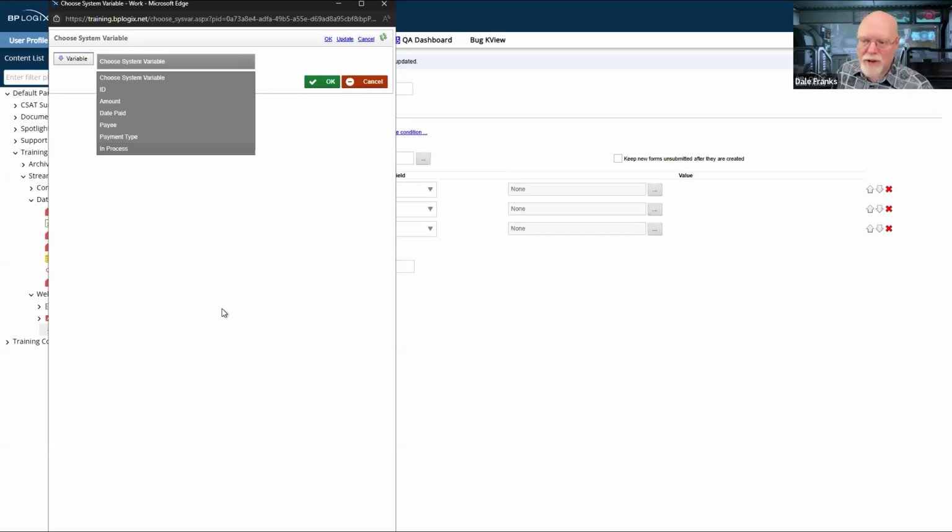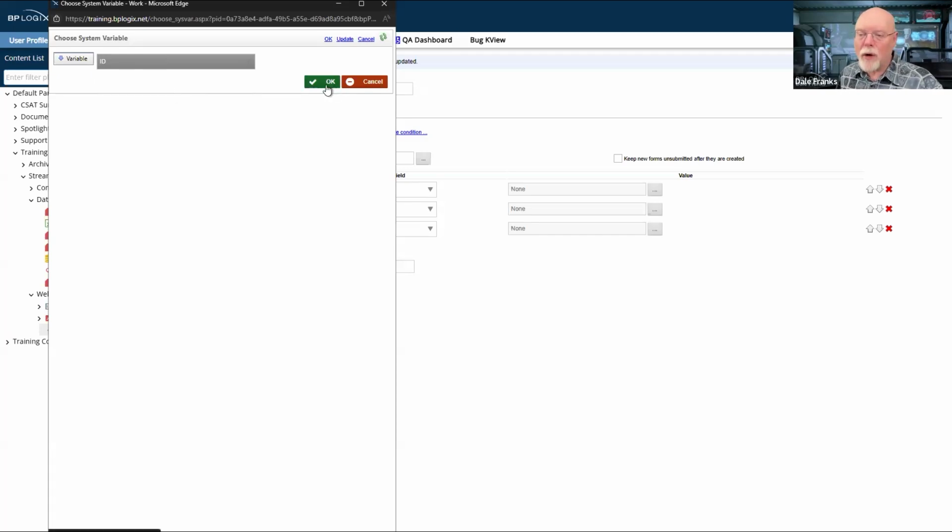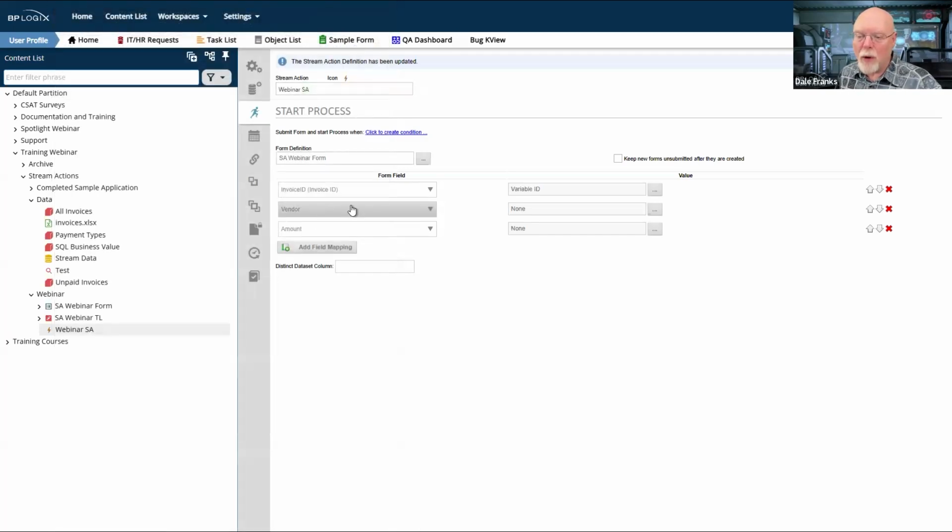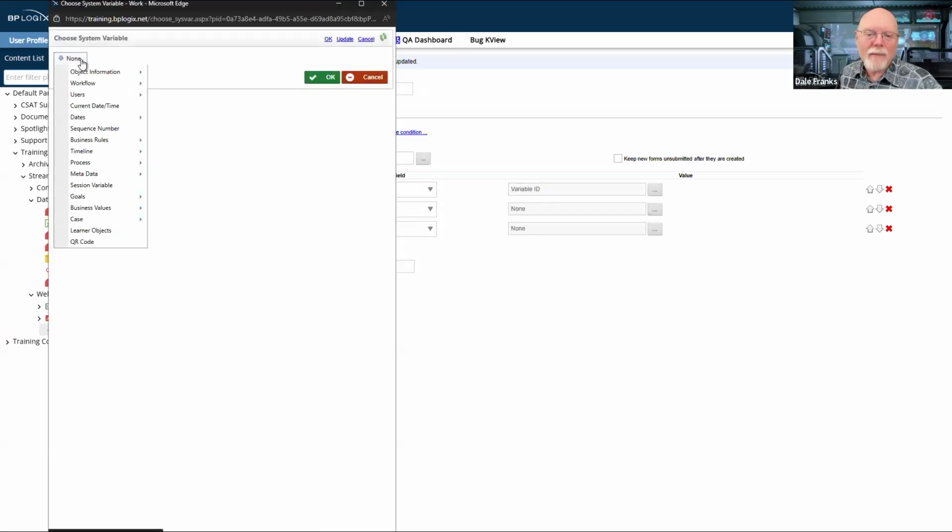And I would still have my 5 rows and I would still be able to do my data. I use select star largely because I'm lazy, so I just pulled back all of the fields in my SQL statement rather than just specifying ID, amount, and date paid. But I do have the ID field, so we're good there. We can set that variable for the invoice ID, and you'll notice it says variable ID. And I'm just going to have to repeat that for the other 2 fields.